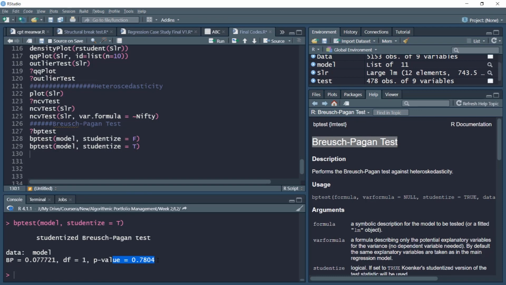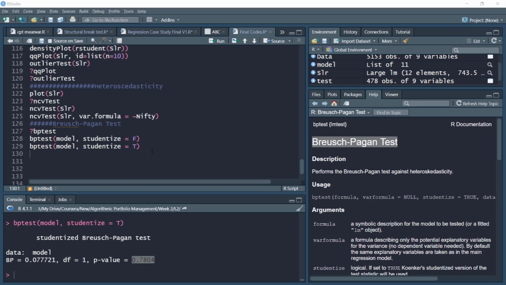So when we work with studentized errors, it seems that the model is not afflicted that much with heteroscedasticity. However, when we run the BP test without studentized errors, it gives us heteroscedasticity. So probably the issue is there. The issue is slightly moderate in the sense that with studentized values, it is not affecting our estimation.